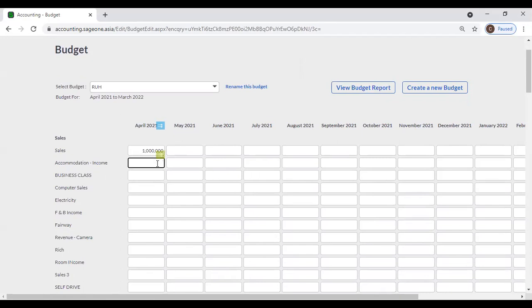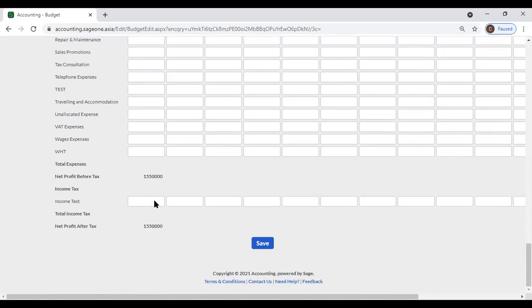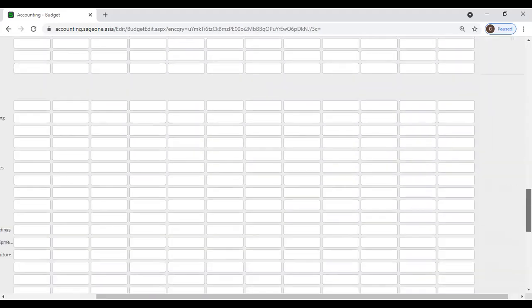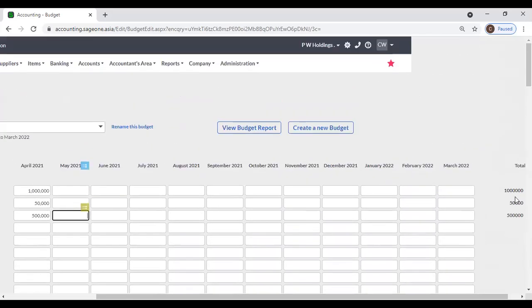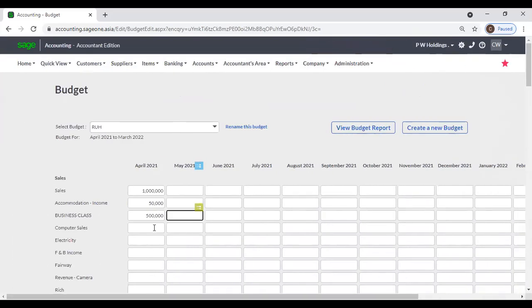Now, we can enter our budget values, and you can view total for that month, and you can view the total for that GL account for that financial year. Like this, you can enter your budget values,